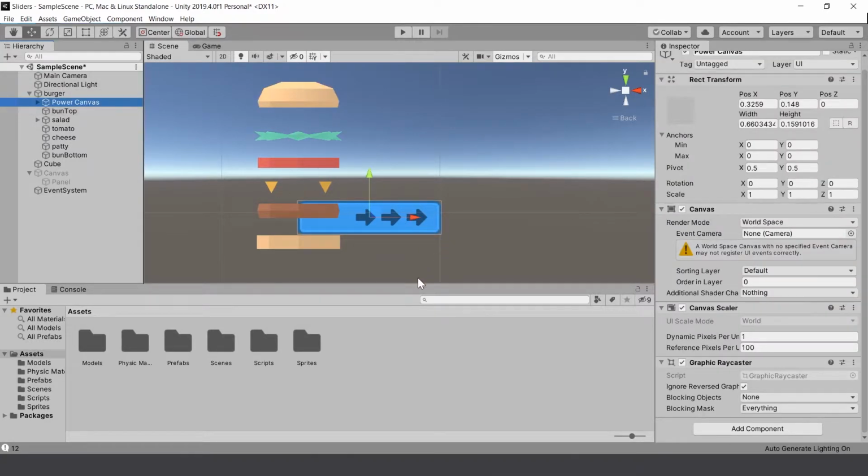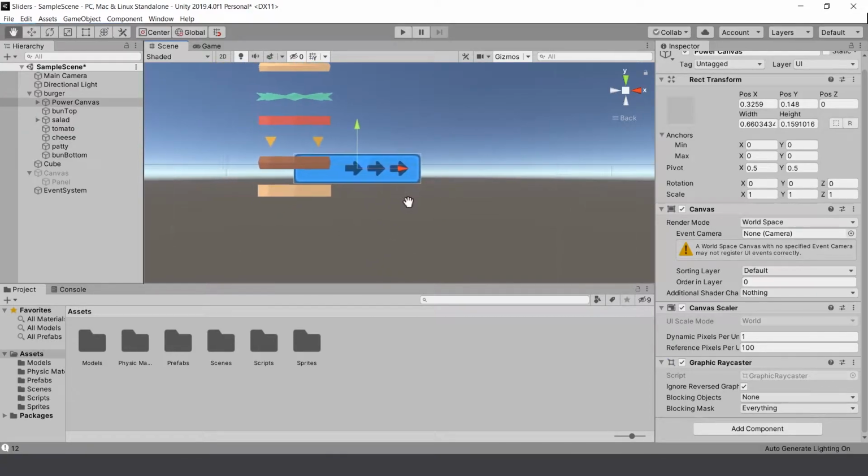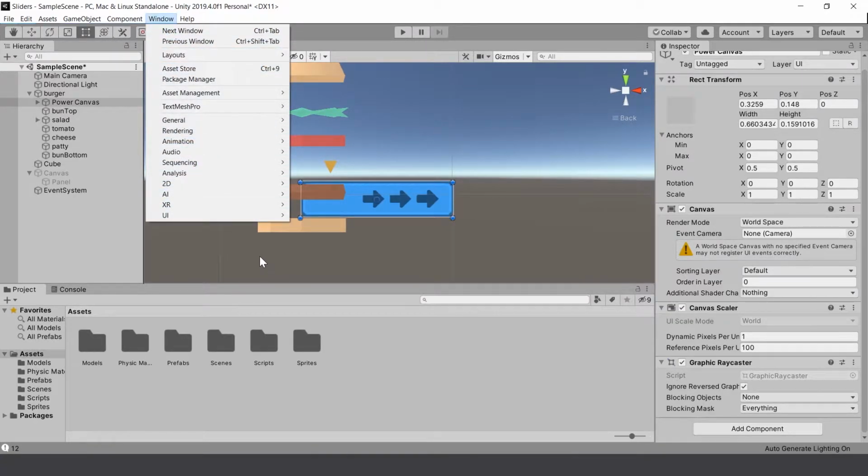To do that, we are going to create an animation that involves hiding the panel, and then we can take that same animation and just reverse it for the showing of the panel. So with our power canvas selected, we'll use the rect tool, and we'll open up our